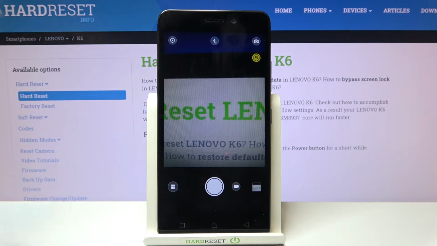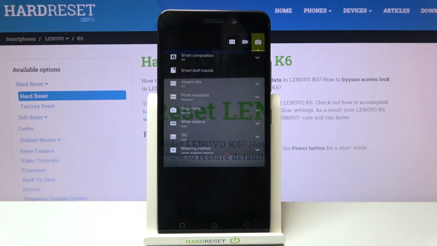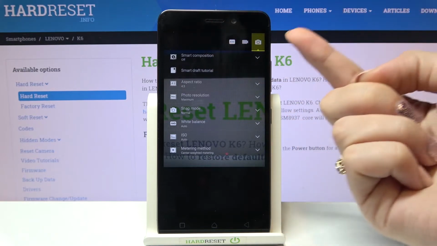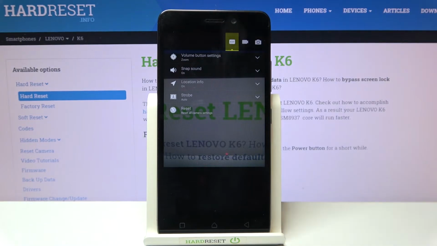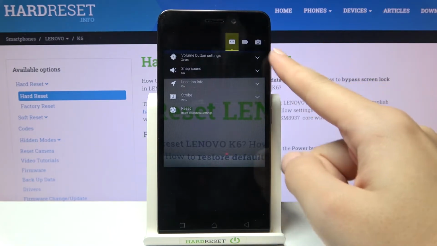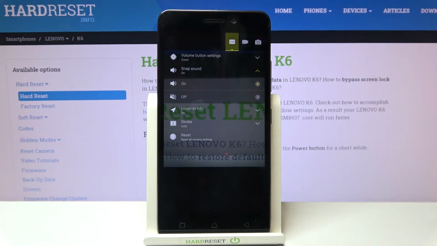To turn it off, let's move to the left corner button to open the advanced camera settings. Now we have to focus on the settings bar from the right. We are in photo category. Let's move to this button, to the general one. Here at the second position we have snap sound option, so let's pick it to decide to turn it on